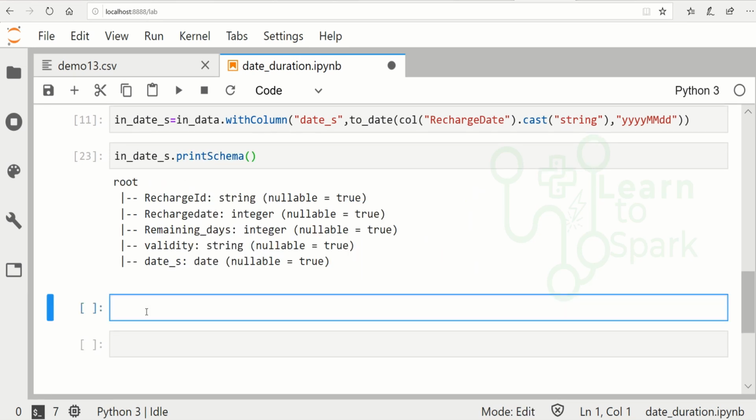Let us see how to do that. I'm reading the input data. I'm giving select, and we know we have a function called date_add, which takes two parameters. One will be our date column, date_s, and the other column will be remaining days.